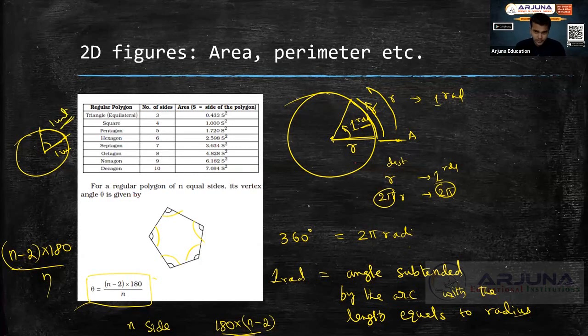Akash has a question here: then 2 pi radian is the area of the circle? So what is the area of the circle? The area of the circle is always pi r square. So 2 pi into radian is not area. You will not get the area there. Dhruva, excellent once again, sir.